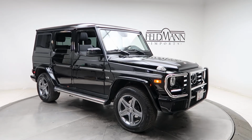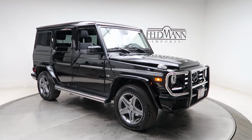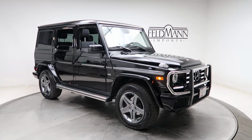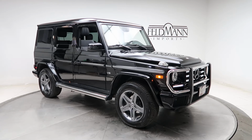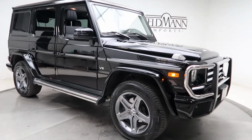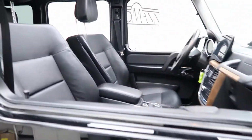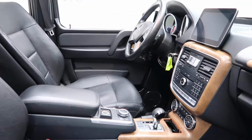Today we're taking a look at a 27 G550. This one's black. Underneath there's a V8 twin turbo pushing out 416 horsepower and 450 pounds of torque. This one is the sports package, which is going to give you 19-inch 5-spoke AMG wheels, brushed aluminum running boards, V8 badging on the side, black leather interior with a Designo light brown poplar wood trim,